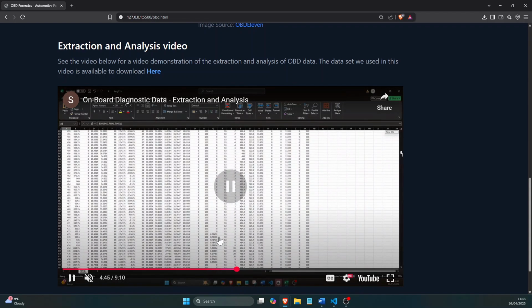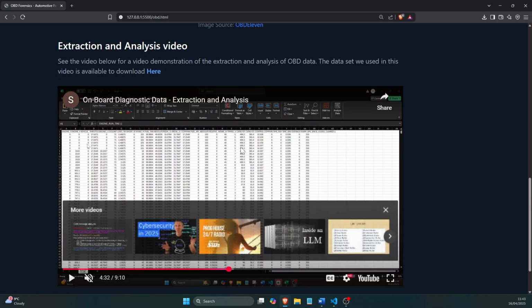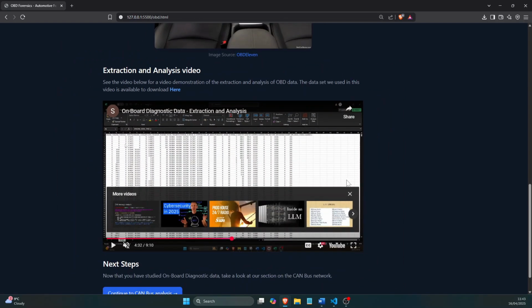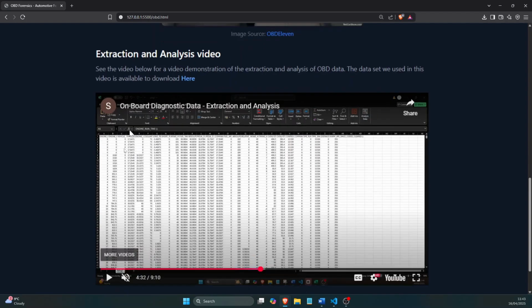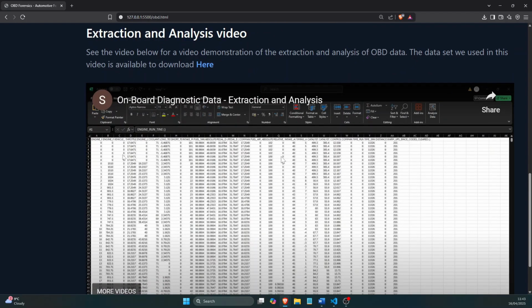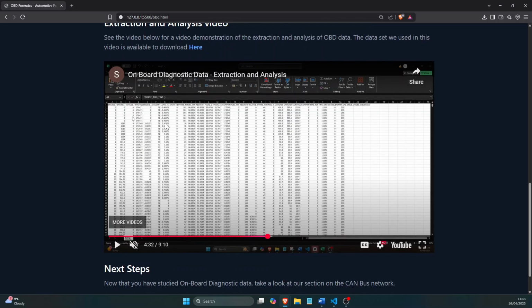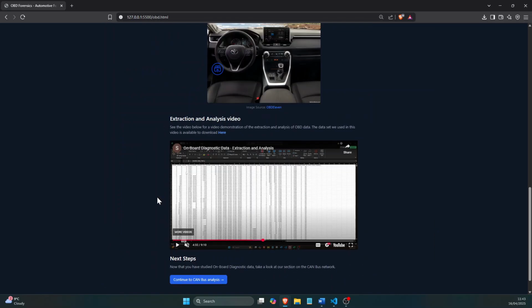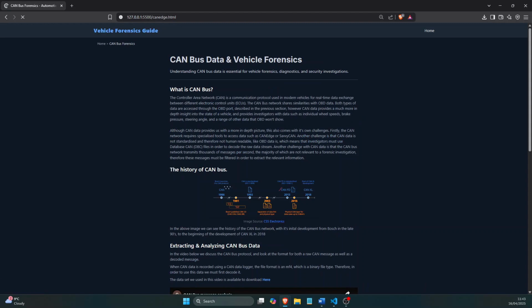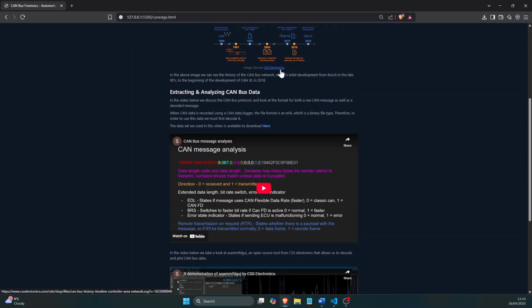And here we look at a spreadsheet of OBD data, and then we talk about the different data types that are available and how these can be used in an investigation. And then the next stage of the website is CAN bus data. So once again we've got a summary of it all,